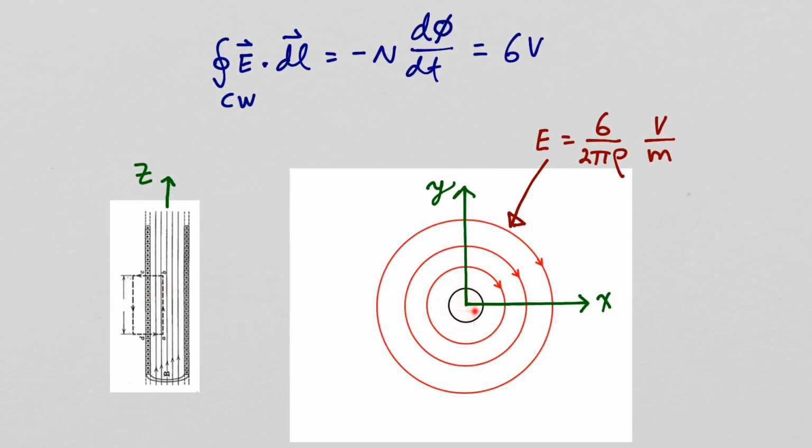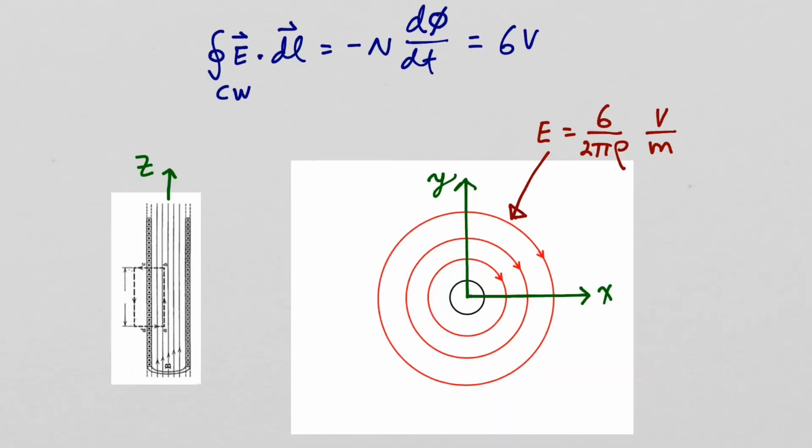So the solenoid is sitting here, and what we found was that the resulting electric field intensity was circles around the solenoid in the clockwise direction. For the parameters of example 1, the integral of E dot dl clockwise around the solenoid results in an electromotive force of 6 volts.